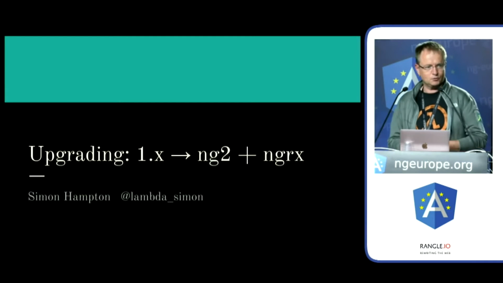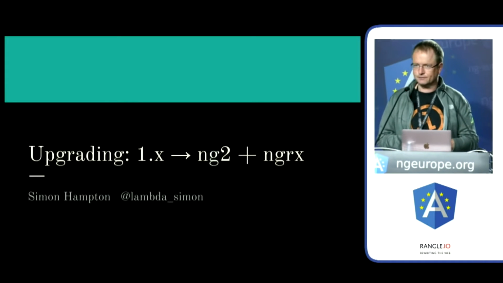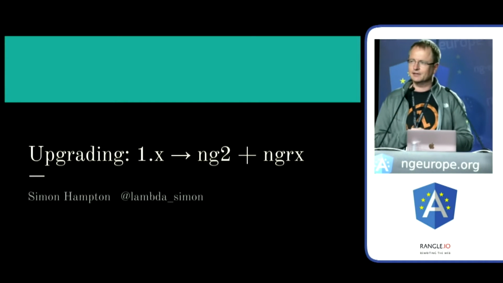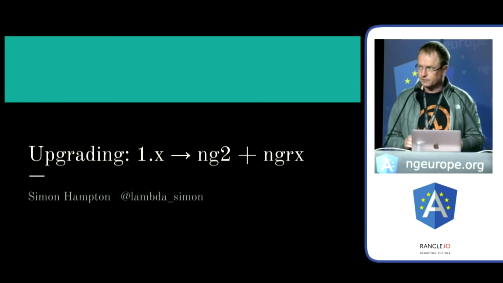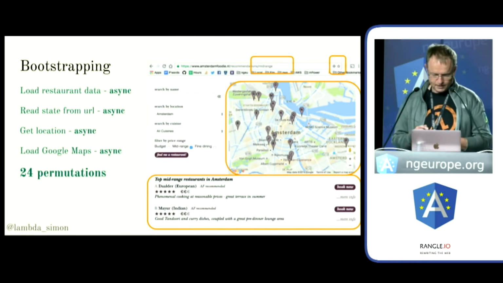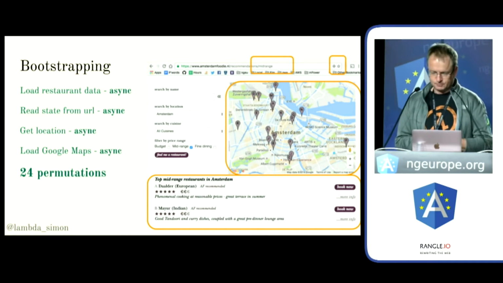We heard about it this morning, armed with Rob Wormwold's presentation on ng2+ngrx from Angular Connect, I set about upgrading the app that I run for my sister, who is a blogger in Amsterdam. She blogs about restaurants. She's been to over 500 of them, and her app helps you discover the best places to eat there. The key challenge for the app, it's not a very complicated one, but the key challenge is